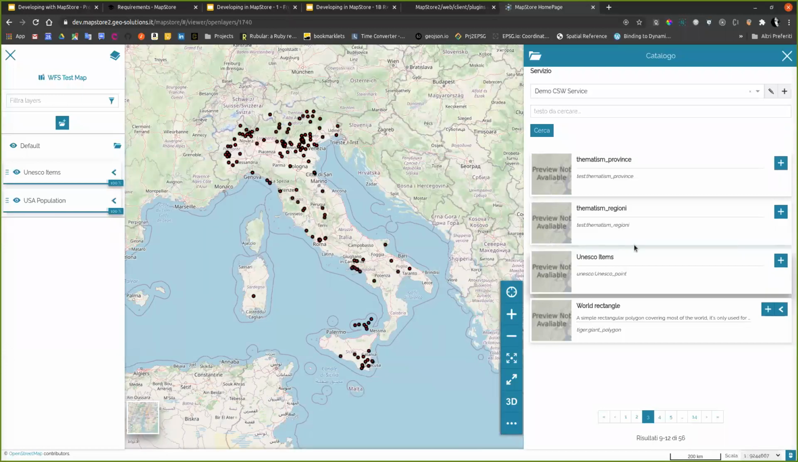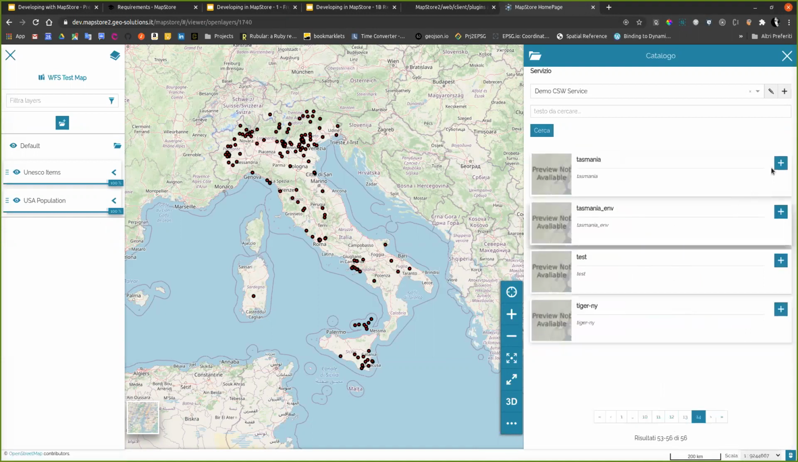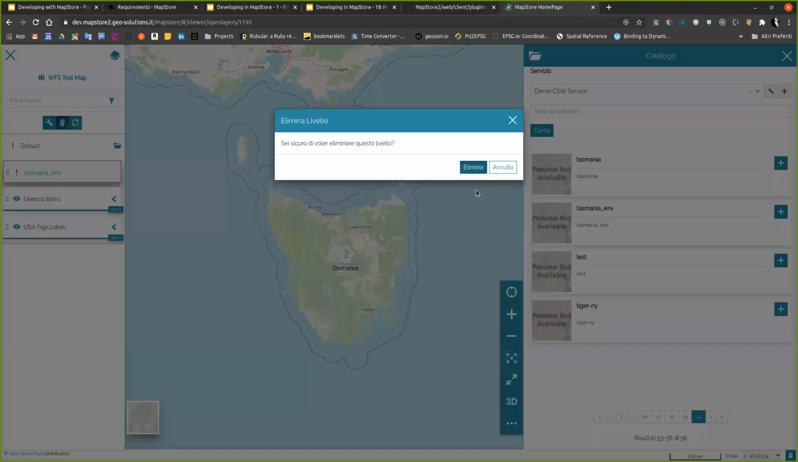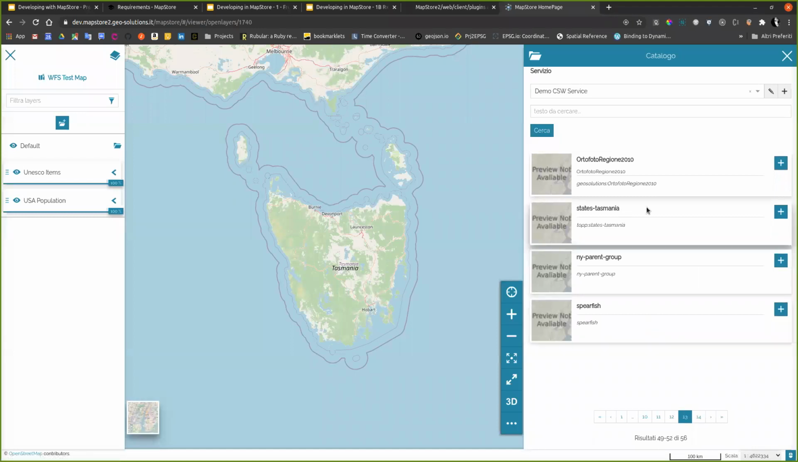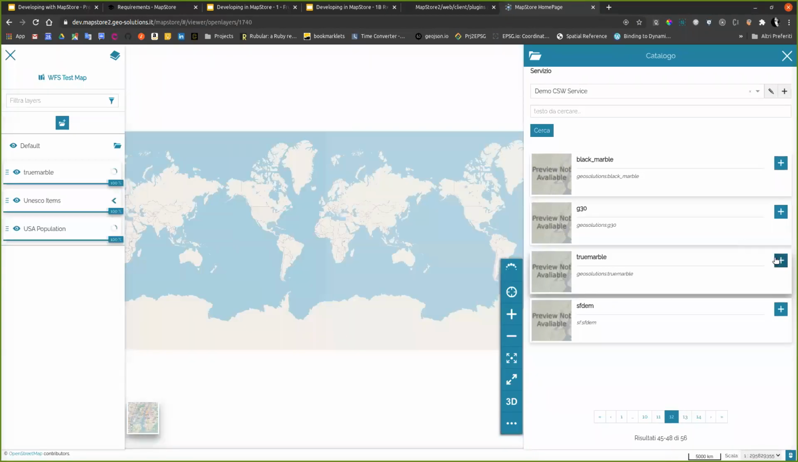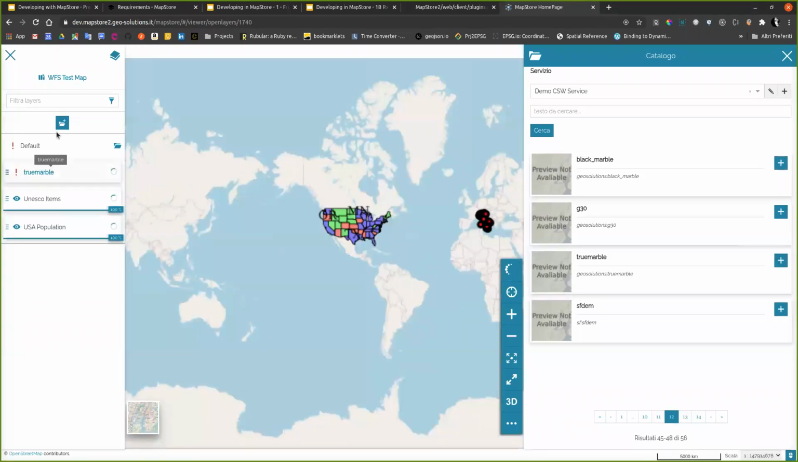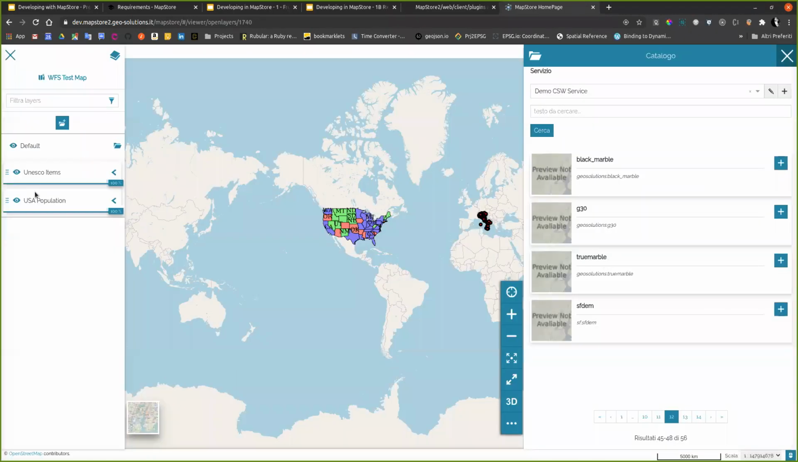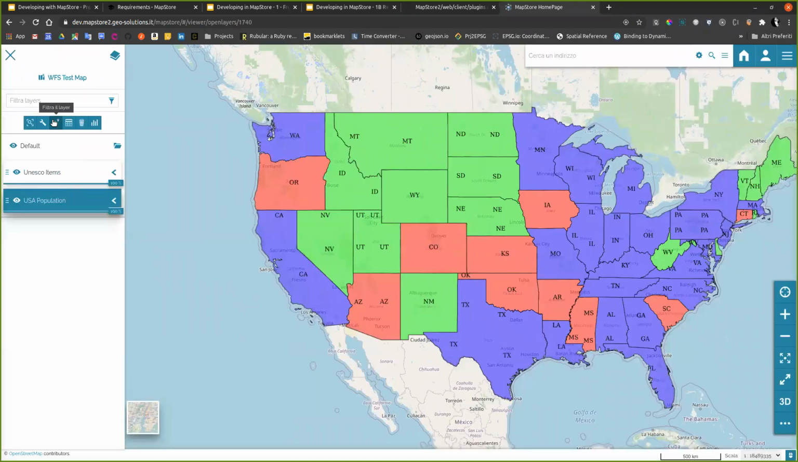For instance, you can add these, the UNESCO items in Italy, or here you can add the layers from Tasmania. Now these particular layers in this server have problems. Anyway, for instance, here you can add the raster data. Okay, I'm using a server that is having problems now. Anyway, we can, for instance, inspect data. We have some way to filter